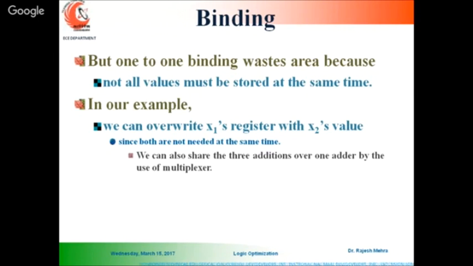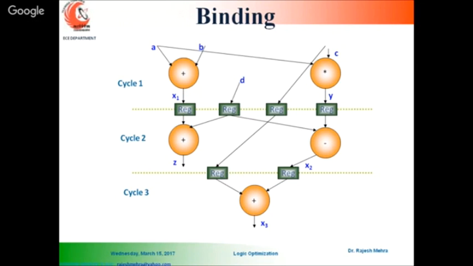So in this example, we can overwrite the x1 register with the x2 value, since both are not needed at the same time. You can say that x1 and x2 are not needed at the same time, so one register can serve for both,